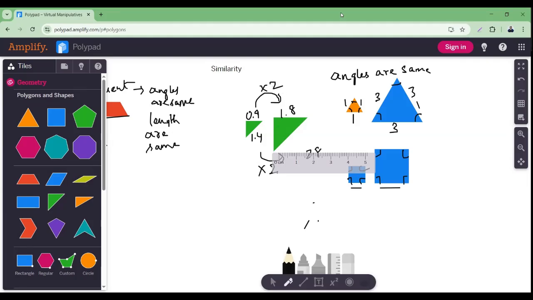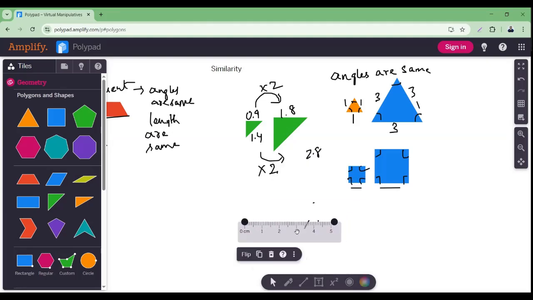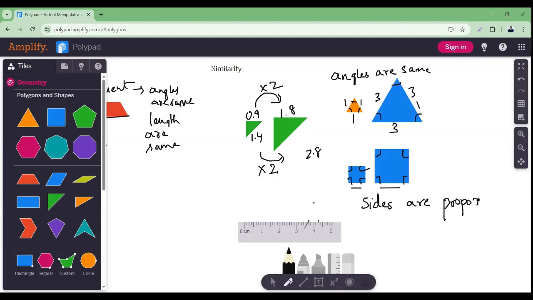That means to say what? That means when the shapes are not congruent, they are called similar when the sides are proportional. Sides are proportional. They're not equal. If one thing is 1 centimeter, the next shape has 2 centimeter. So this 0.9 means the corresponding side in the similar triangle will be 2 times